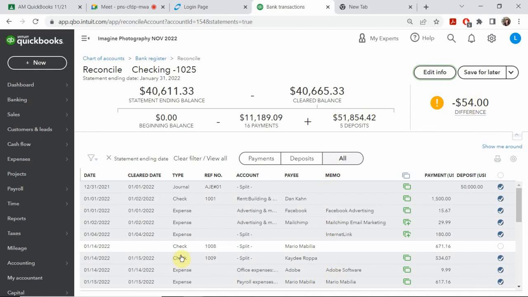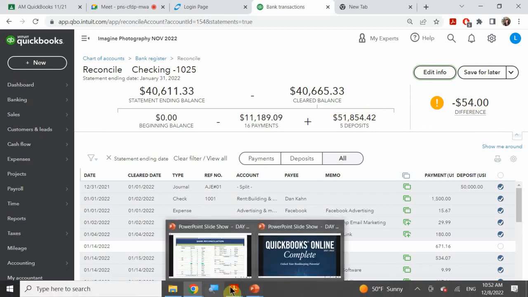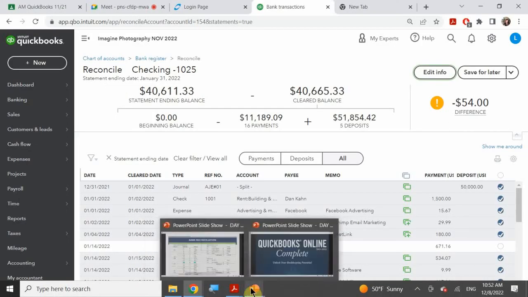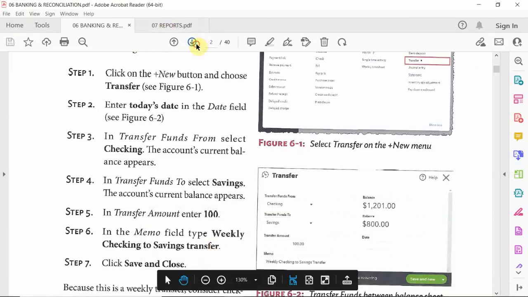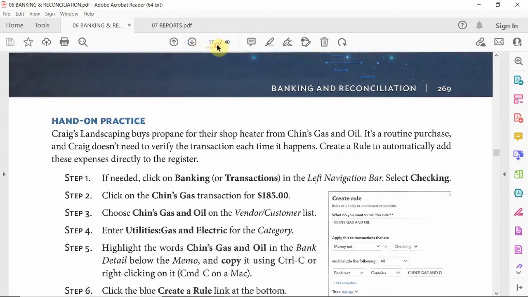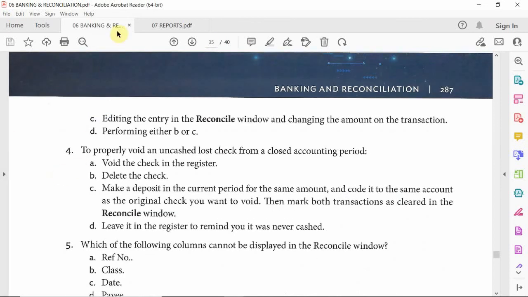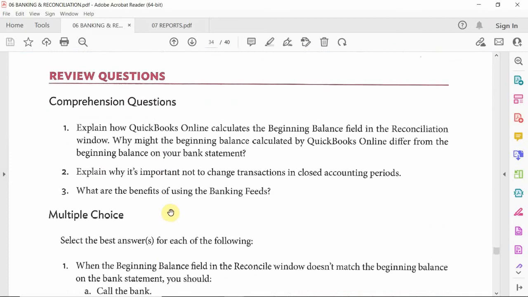All right, so other than that, that concludes chapter 6. So again, we don't have time for chapter 7, so that is okay. We'll just do it next week on Monday. So with that, any questions in regards to chapter 6? Okay, no? All right, so then let's go ahead and dive